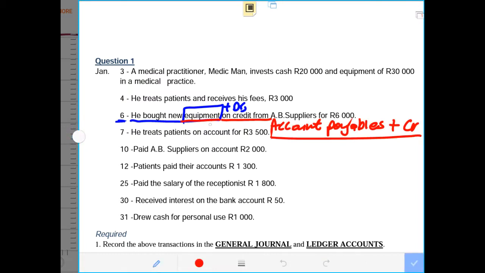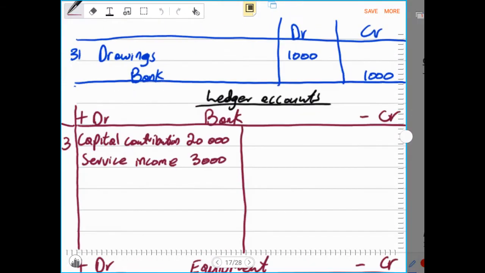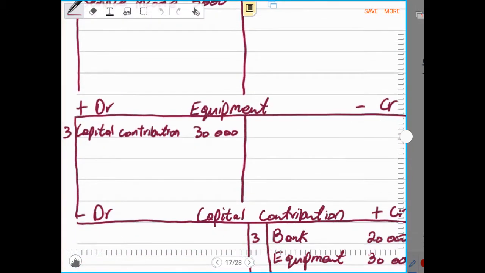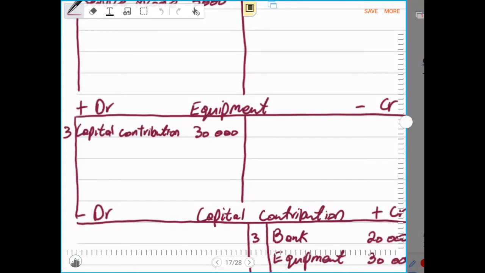So now because we bought equipment, therefore now equipment will have to increase. And I'll always say whatever you buy, it will always increase. Whatever you acquire will always increase. Then in this case, we have to record under our equipment the value of the new equipment that was bought, and the value of the new equipment that was bought is 6,000 rands. So now we record this 6,000 rands on the debit side because our equipments are increasing